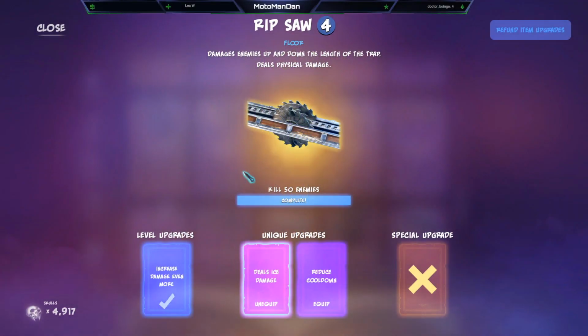Today we're going to be talking about the Ripsaw. Damages enemies up and down the length of the trap, deals physical damage. You've got to kill 50 enemies to unlock the unique upgrades to either do ice damage or reduce cooldown. The level upgrades are to increase your damage. For the upgrades, I typically run ice